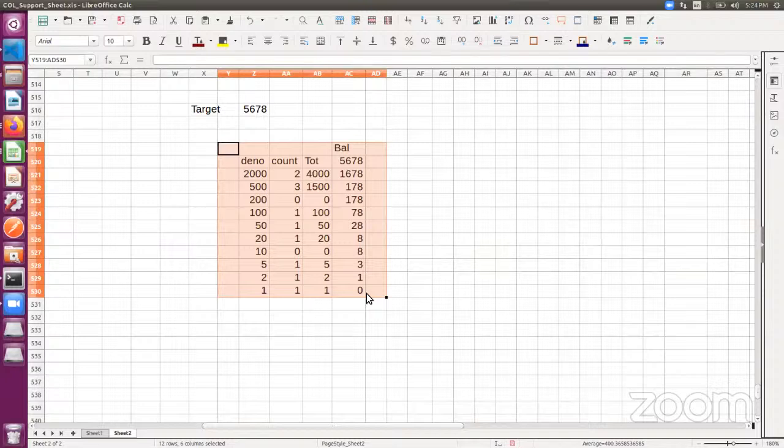First we are sorting. After that, we are doing a division. To find the count, we are doing a division. Okay, and then like,